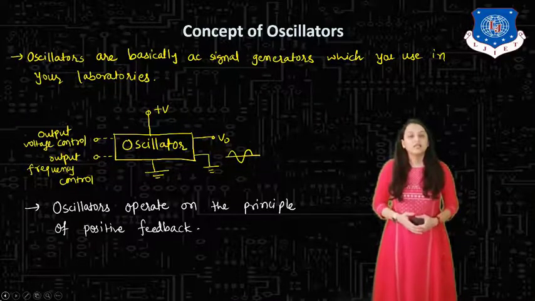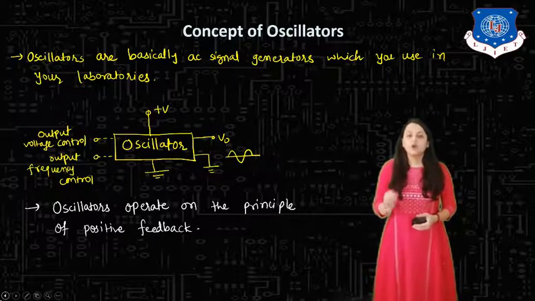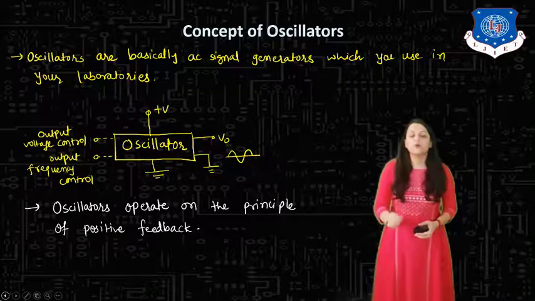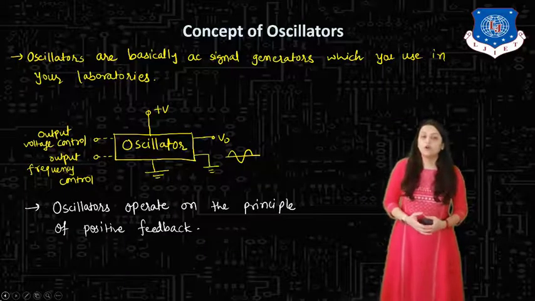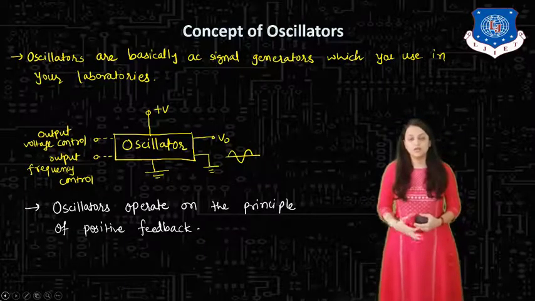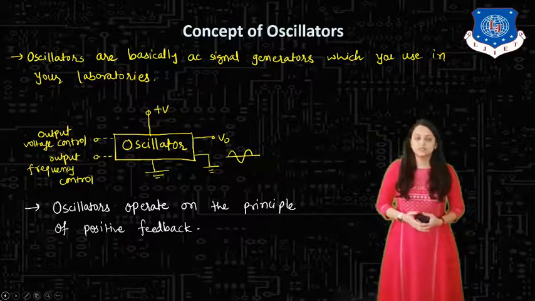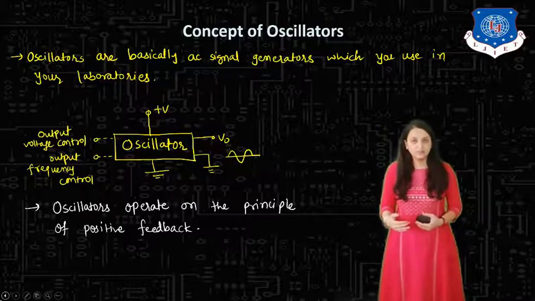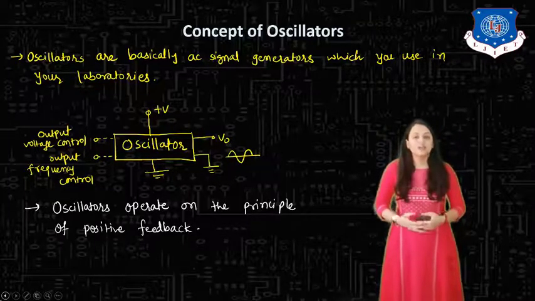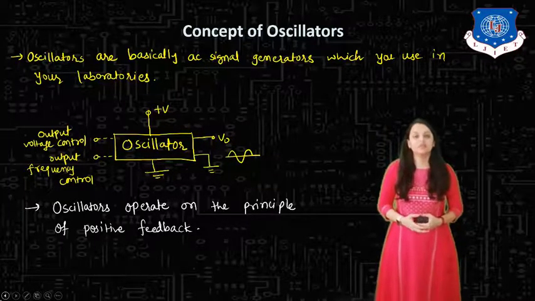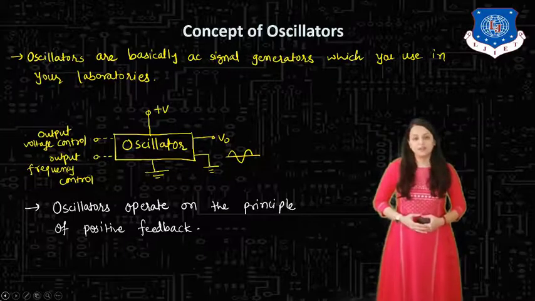Now, on which principle do oscillators operate? This is a very important thing to understand. The oscillator operates on the principle of positive feedback. Remember this. In the previous session we have seen the concept of feedback. We have seen there are basically two types of feedback, positive feedback and negative feedback. So in any closed loop system, if we use positive feedback, what is the effect of it? If we use negative feedback, what is the effect of it? That we have seen in terms of op-amp in the previous sessions. So oscillators operate on the principle of positive feedback. Okay?